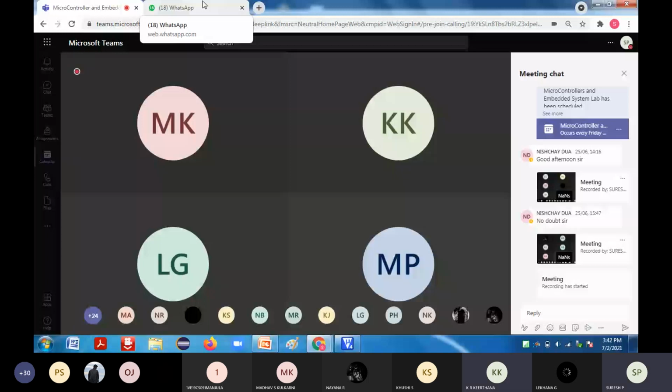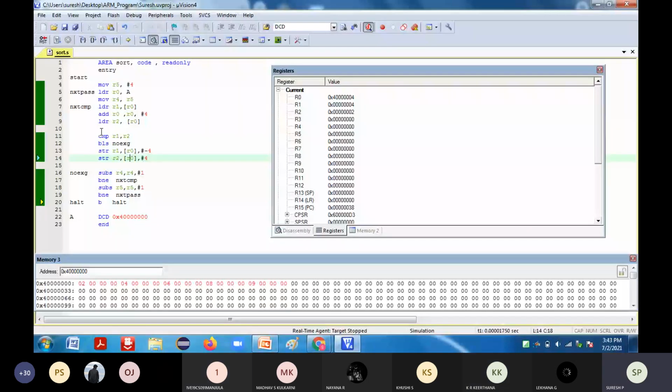Sir, can I have the written notes for MES? You want written notes for that one? Yes, sir. It's in the college only. If anybody requires that one, you can come and collect it next Thursday. I will be in the college next Thursday. My slot is Thursday, Friday, Saturday. So you can come to college on Thursday, Friday, Saturday and collect it. Okay, sir.